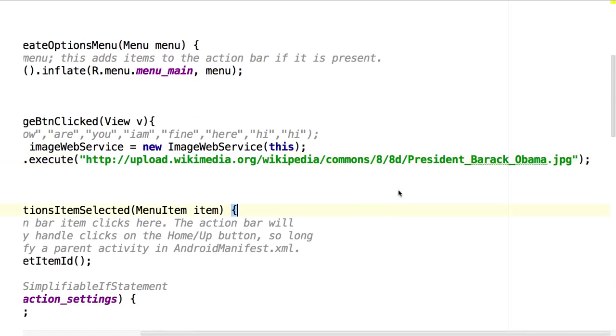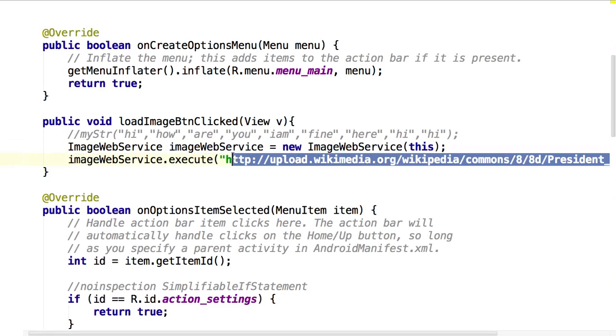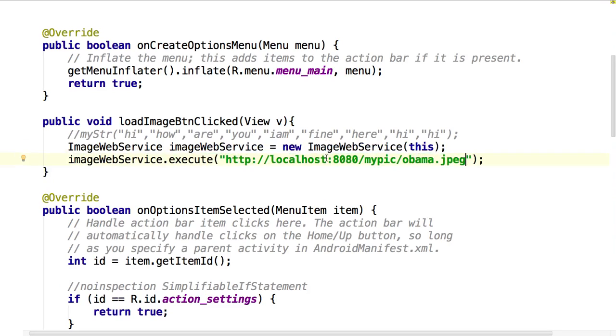So go back. Only condition, I should not put localhost, instead 10.0.2.2. So it will try to get a connection to your PC and get access to your Tomcat. From there it will try to access this folder, and of course it will get the image from that. So make sure it is a valid URL and contains a valid IP which will point to your computer. So 10.0.2.2, and wherever you put localhost, simply change it to 10.0.2.2, and make sure your proxy is disabled